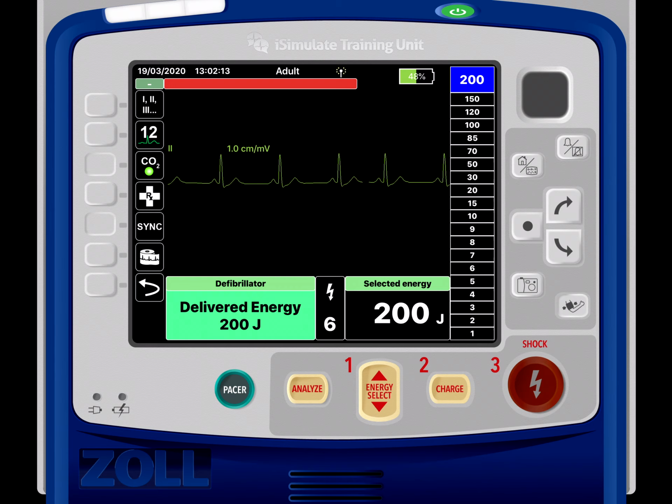So we can see now the rhythm's changed again, and whenever it's appropriate, after your 2 minute cycle of CPR, you'd stop for a rhythm and pulse check, and you'd say that we do have a pulse with this rhythm, so we could identify it as ROSC, and we want to be doing the appropriate ROSC care. So things like simply getting 12 lead, things like fluid boluses, managing oxygenation to at least 94% or greater,